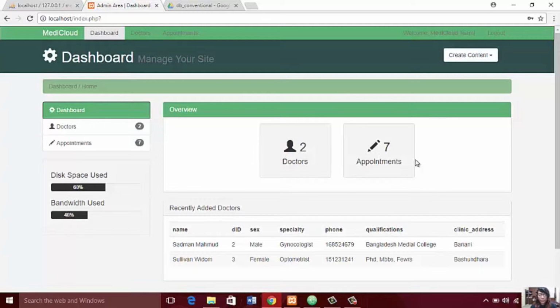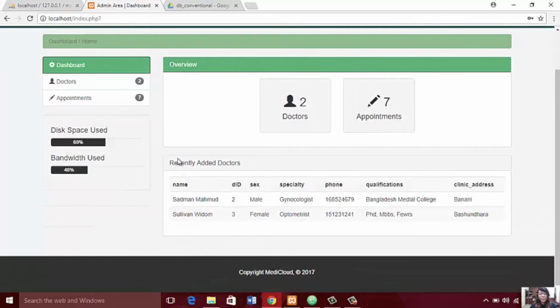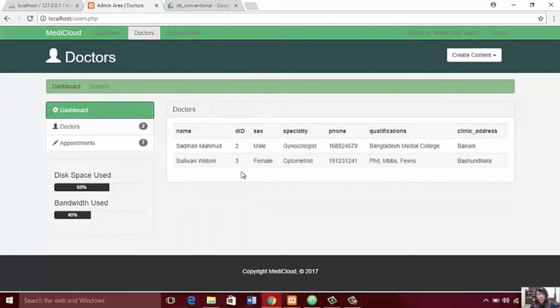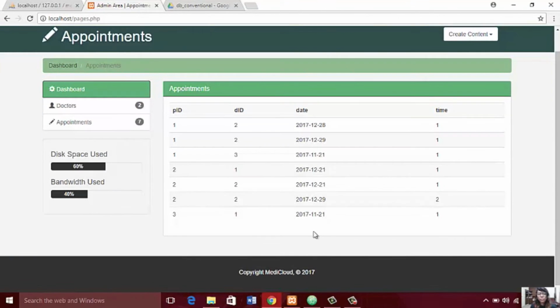At the time of this video being made, we had only 2 doctors and 7 appointments. The recently added doctors are displayed over here, and we also want access to all the doctors we have in our database, but currently it's only 2, sadly. So we created this page separately, so that as more and more doctors are added, we can still view the whole doctors list. Things become easier with a separate page for the doctors, and this is for the appointments, so that we can also view the number of appointments being made